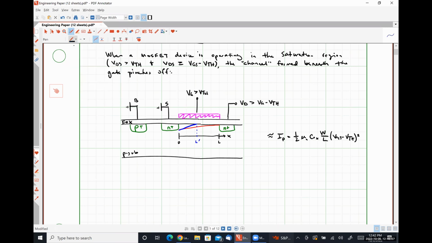So because the physical location of the pinch-off point in the channel is dependent on our drain source voltage VDS,